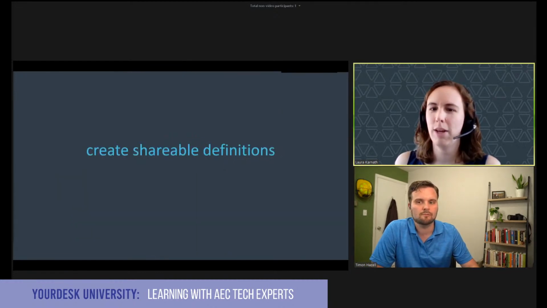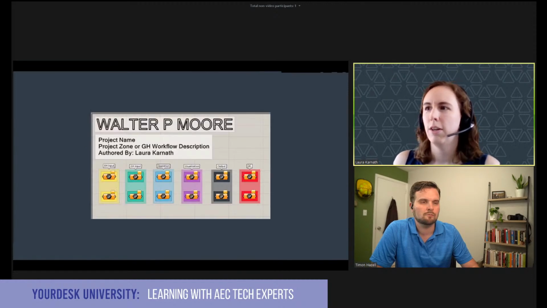So next, I'm going to talk a little bit about sharing, and using the tools that are available in Grasshopper to make things that are shareable and easy to understand. We have standardized across the enclosure department color coding for groups in Grasshopper that tell you what each portion of the definition is doing on a high level. Is it an input? Is it an operation? Is it a visualization? Is it an output? Or is it a QC piece? And you can also use this for zones of a project or different types of project elements.